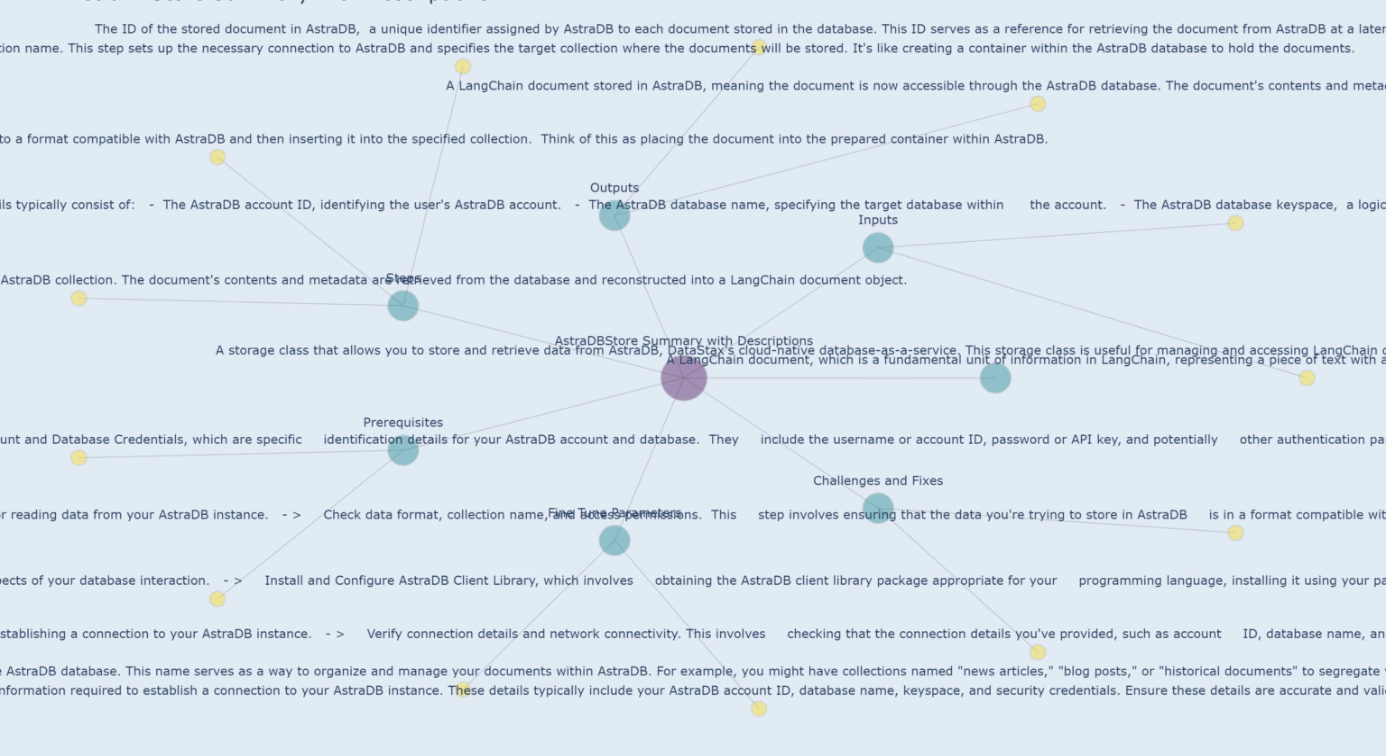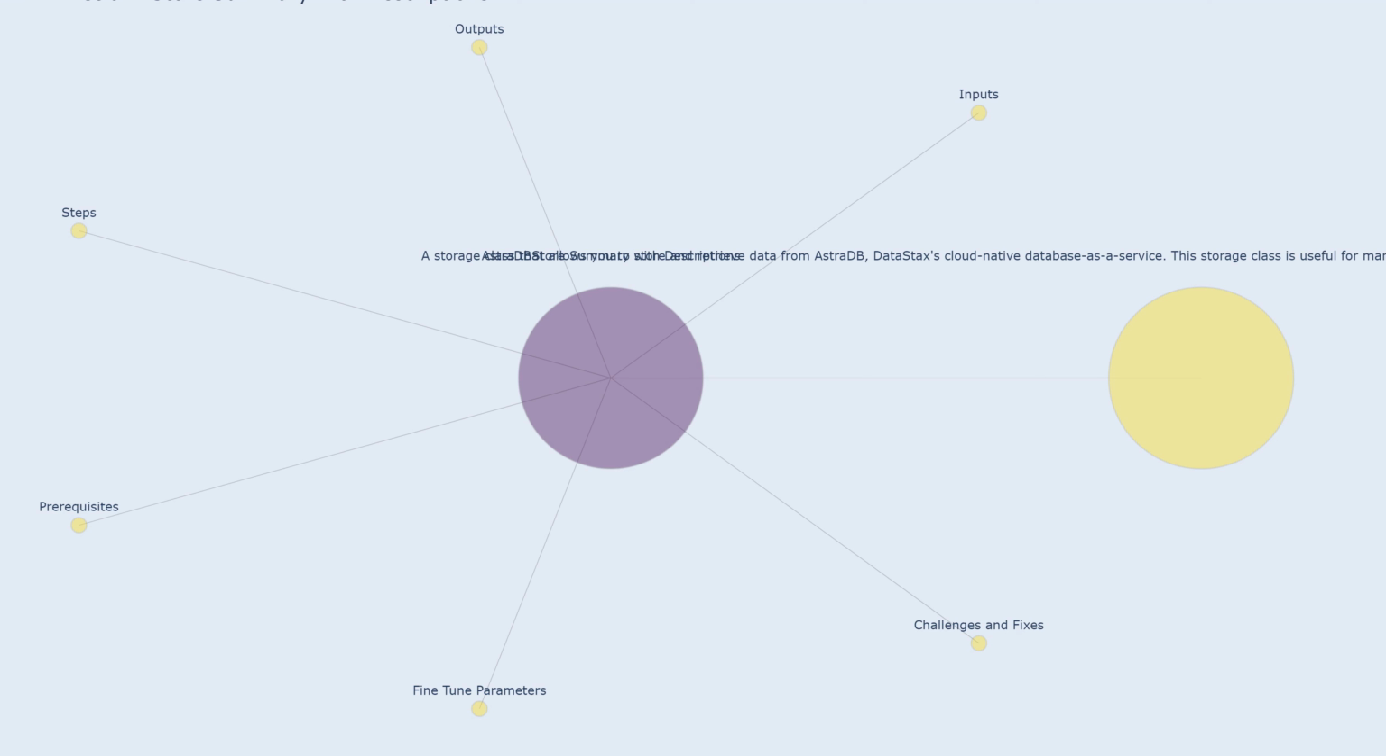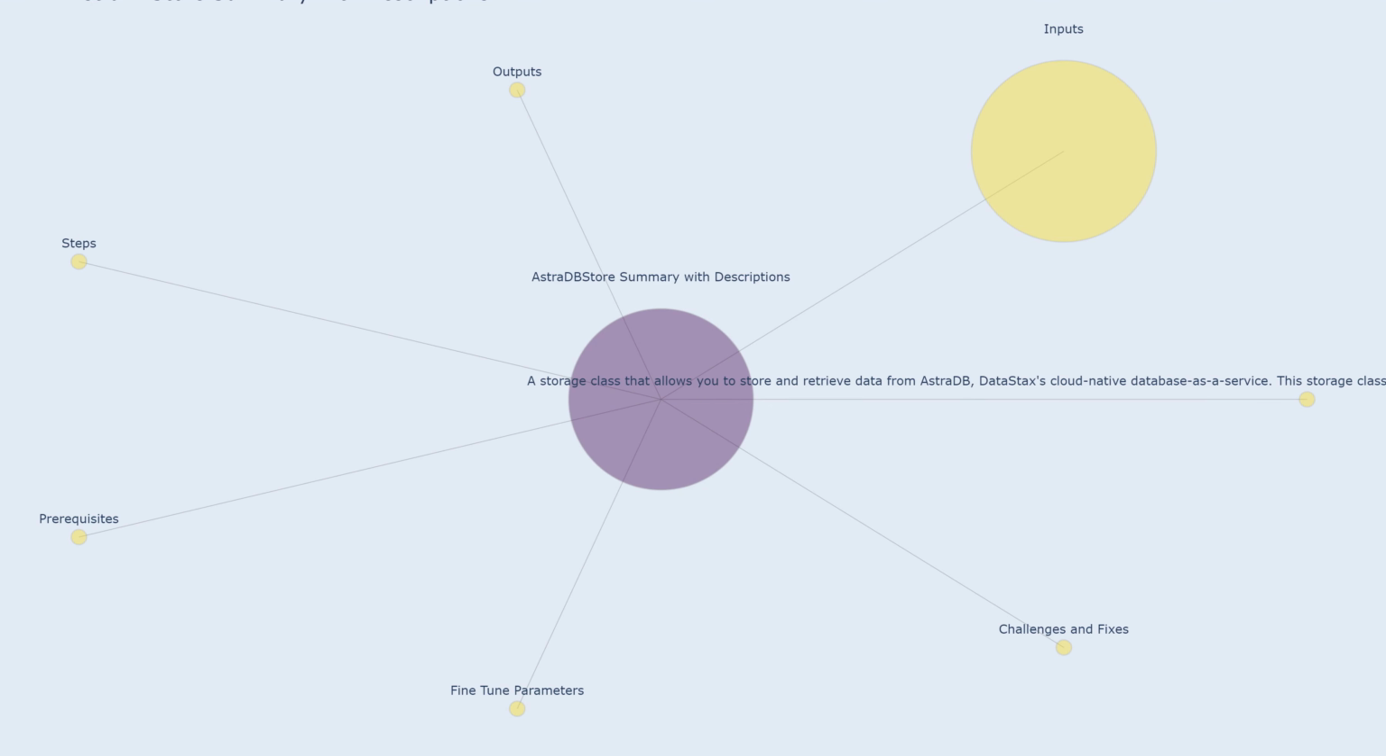AstraDB store summary with descriptions. A LangChain storage class that utilizes AstraDB to store and retrieve data for your large language model (LLM) applications. It harnesses AstraDB's built-in storage functionalities, allowing you to persist and retrieve information needed for your LLM projects efficiently. Inputs: